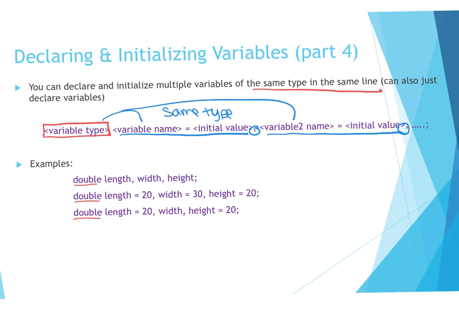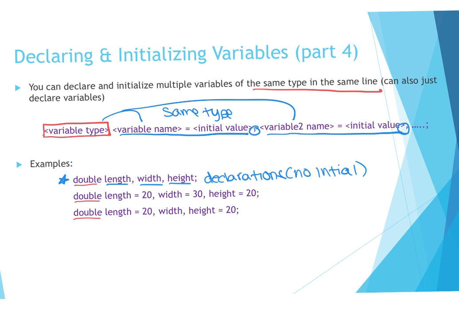But it allows me to declare and initialize them, if I would like, all in the same line. So here you'll see that I have declared, just in this line, that length, width, and height are of the double type. So these are just declarations. There's no initialization